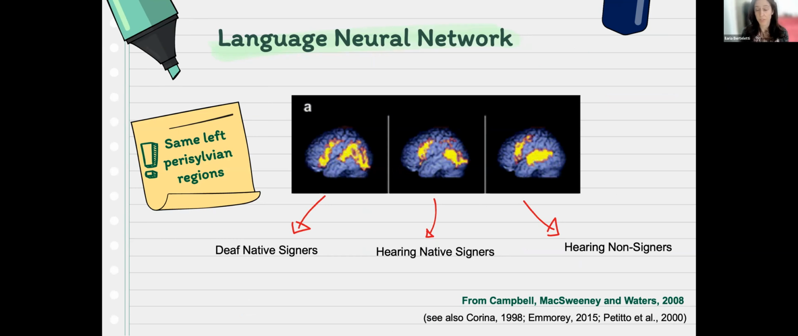Several studies have shown that early signers, deaf or hearing, activate the same left lateralized language network as hearing non-signers processing spoken languages. This has been replicated in several studies, and we see activation in the inferior frontal gyrus and superior temporal gyrus as well. So it seems that those areas that process language really don't seem to care about whether a language is perceived visually or auditorily. However,